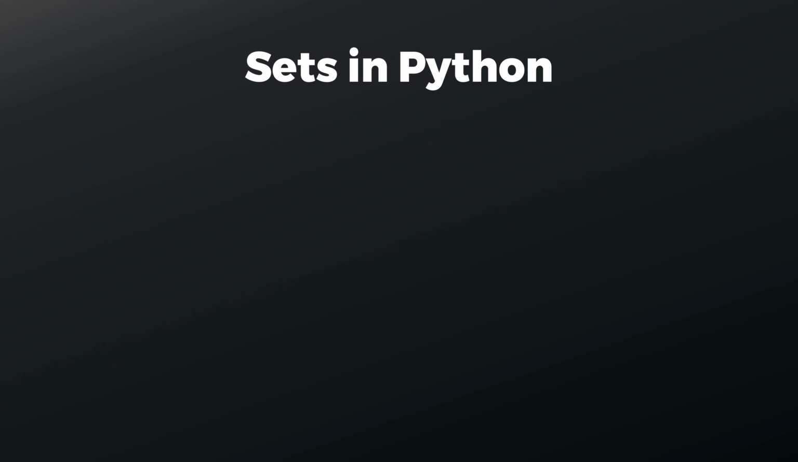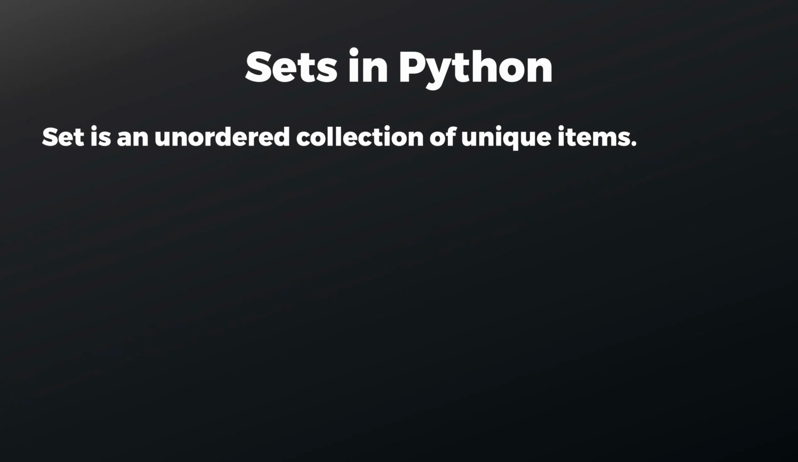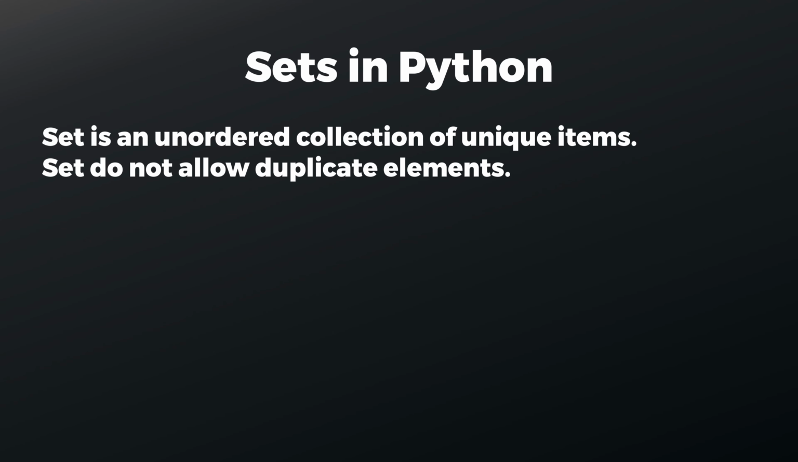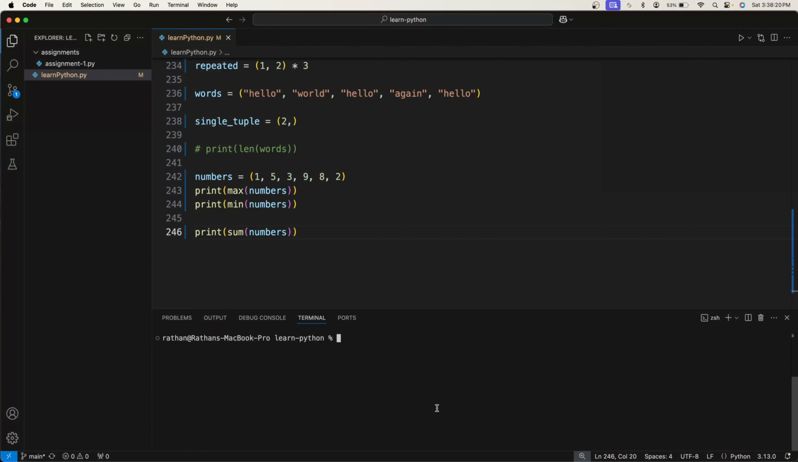Alright, in this video, let's talk about sets in Python. A set is an unordered collection of unique items, and sets do not allow duplicate elements. To create a set, we use curly braces. Just like how you create a dictionary using curly braces, you can also create a set using curly braces. But the difference is, a dictionary will contain key and value pairs, but the set will only have the elements